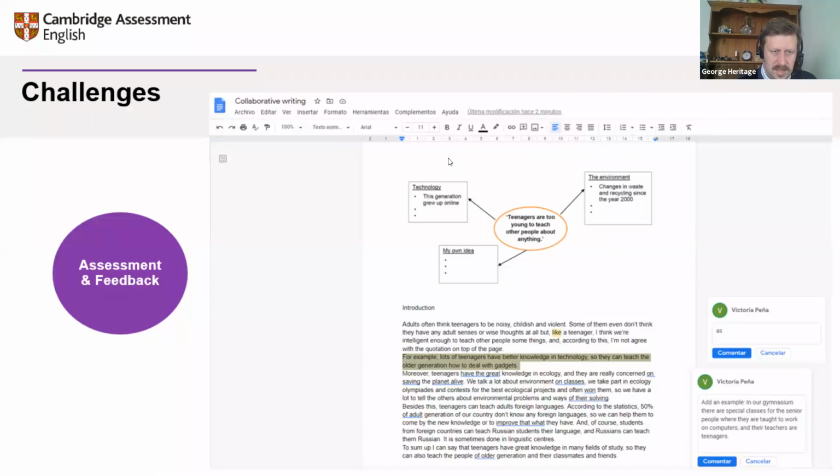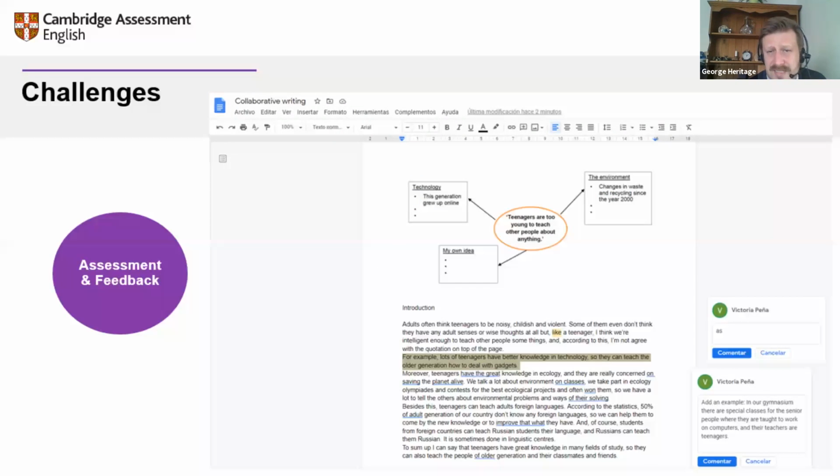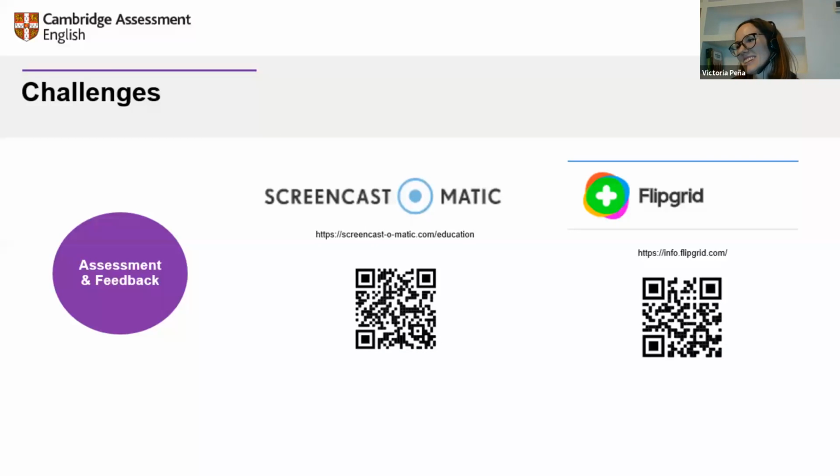Excellent. If we move on a couple, so yeah, Google Docs, another really nice way for you to give feedback, is Screencast or Screencast-O-Matic, where you can record your screen and your microphone at the same time. So as you read your students' writing, for example, you can record feedback for them. That's really nice to, again, vary the input of the feedback. You can just talk through the feedback on an essay, a really nice, tidy way to deliver feedback.